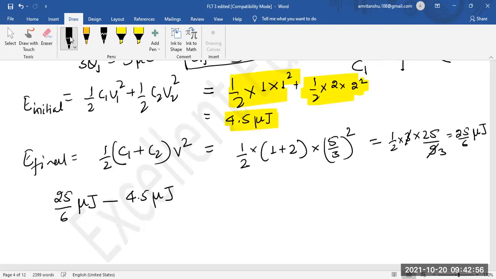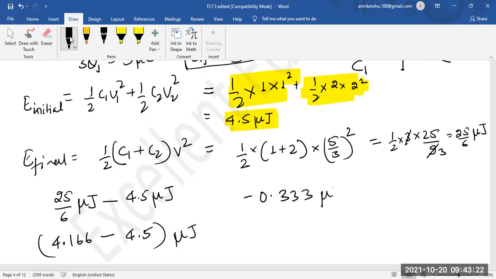So this comes out to be 4.166 minus 4.5 microjoules, so minus 4.5 happens to be minus 0.333 microjoules, which also happens to be minus 3.33 into 10 raised